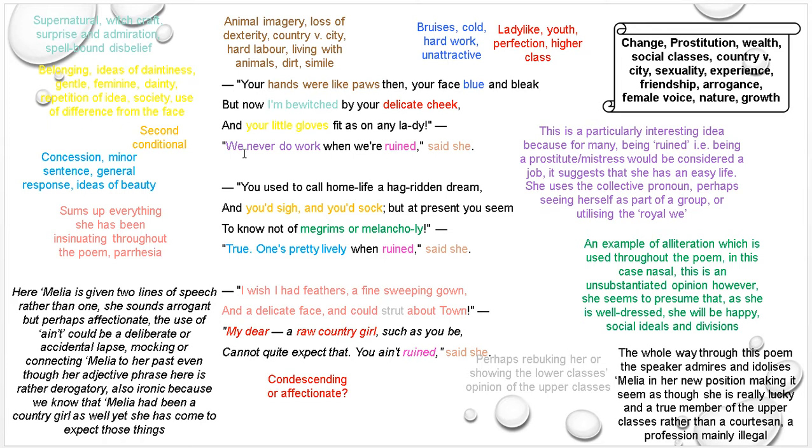My most interesting line of the poem is, "We never do work when we're ruined," said she. So being ruined is suggesting she's a prostitute or a courtesan, which is effectively a rich prostitute or a slightly higher class prostitute. So it suggests that she doesn't do work, it's an easy life, yet at the same time her work would be having sex. And